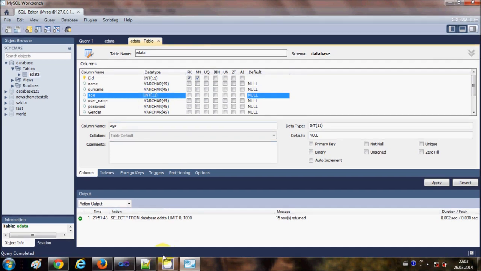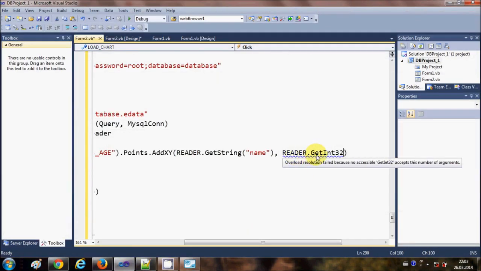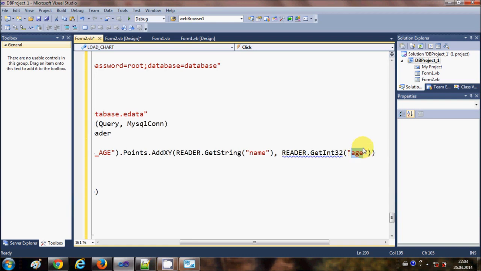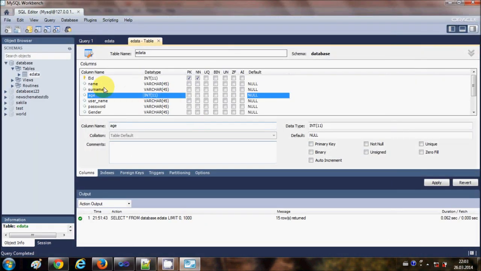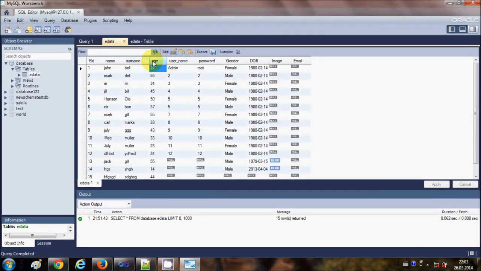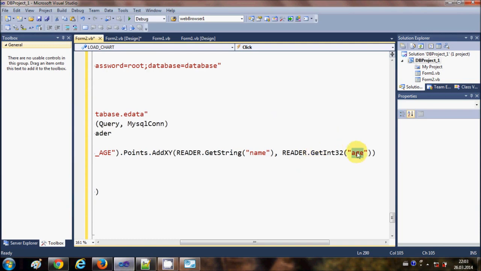That's why I'm writing here reader dot get int. Okay, and then I will give the name of my column age, which is the column name age, right? So if you can see here, the column name for the age column is age itself, right? So that's why I'm writing age here,